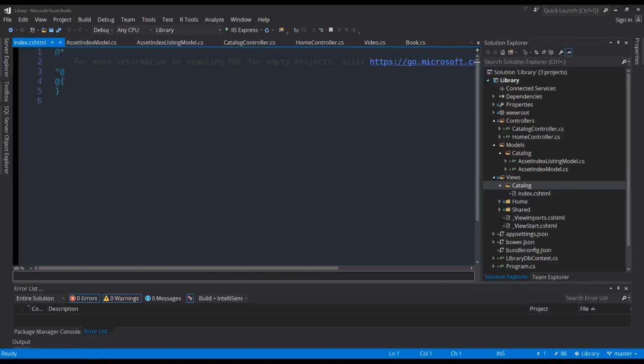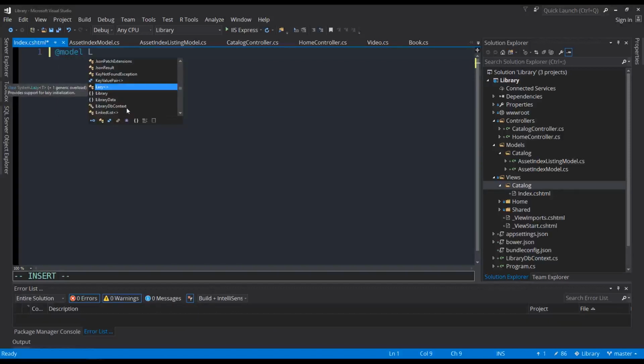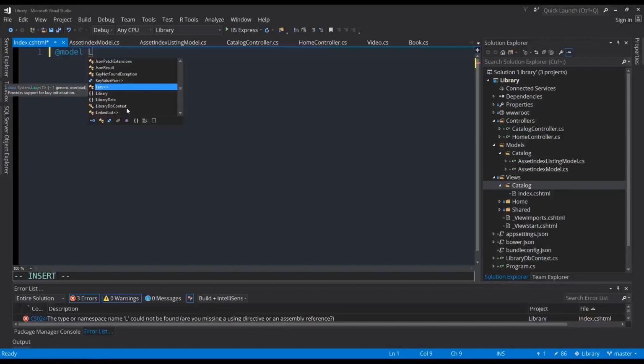So you'll note that we get this templated CSHTML file out with a comment at the top here and then an empty razor object here. I'm just going to go ahead and actually delete all of that. And at the top of each of our views, the way this is going to work is we're going to have this @model directive defined at the top of all of these files, and we're going to point it to the view model that we would like to pass to this view. So in our case, it'll be found under